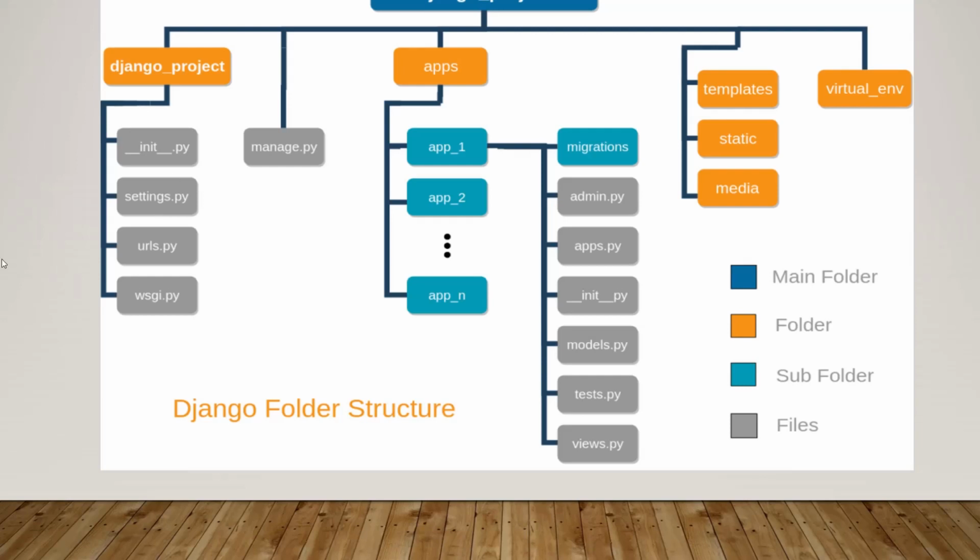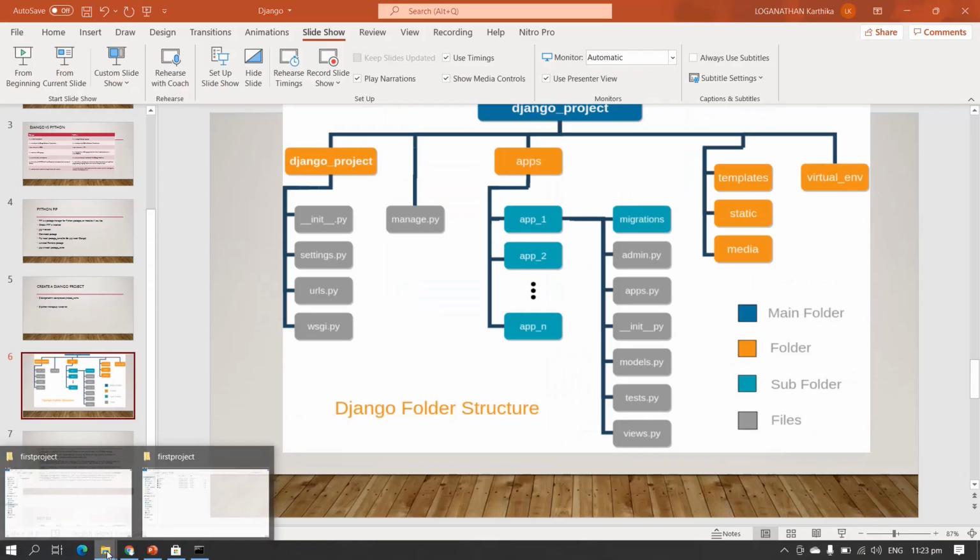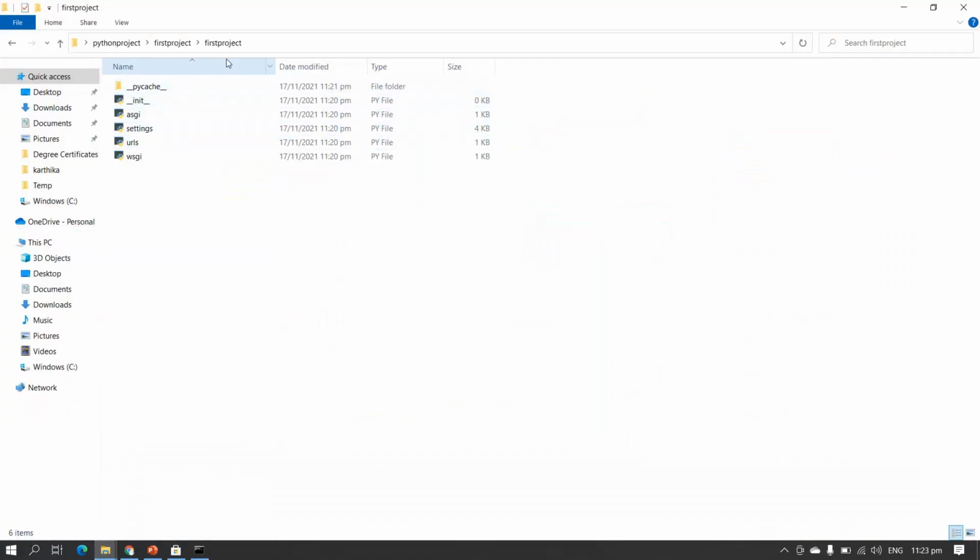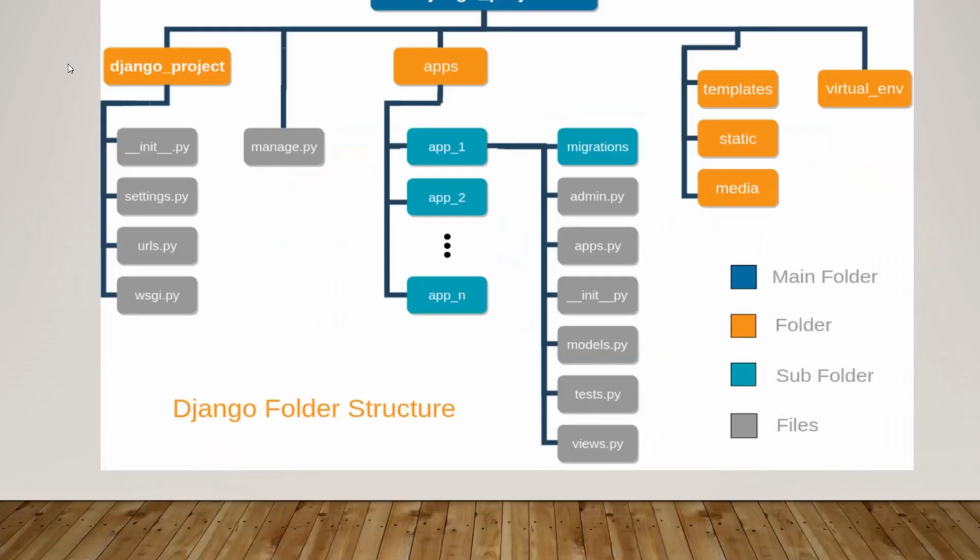The urls file is for mapping the routes and paths in your project. For example, if you want to show something, we have to give the path. My directory structure is first project. Inside first project I have wsgi, which is the web server gateway interface, which establishes the communication between a Python server and web applications. Then manage.py, which is responsible for managing the project.